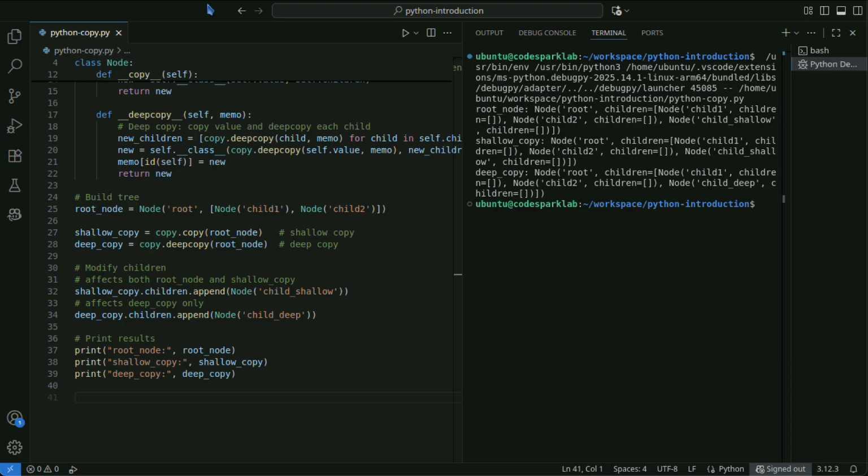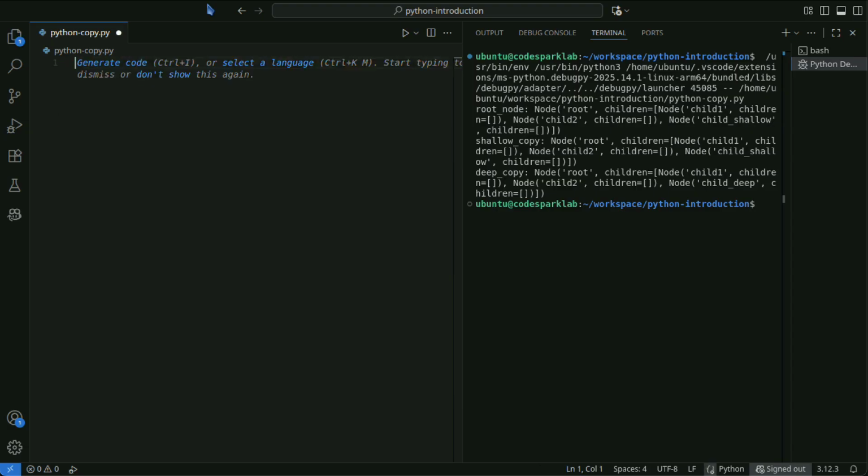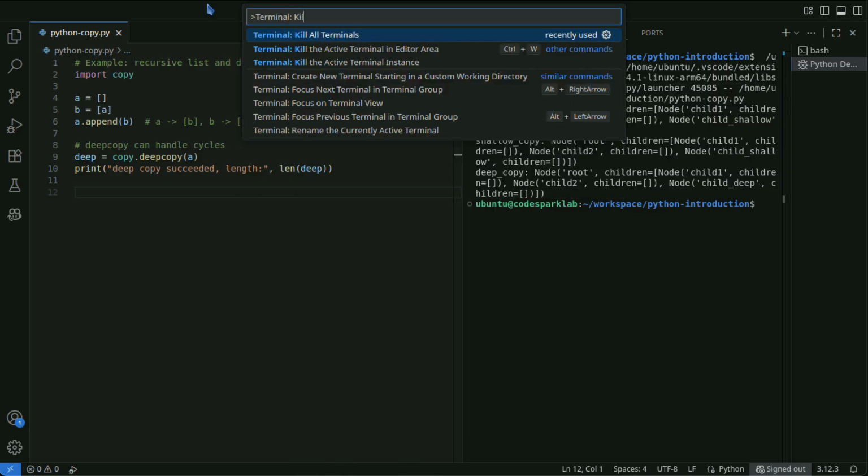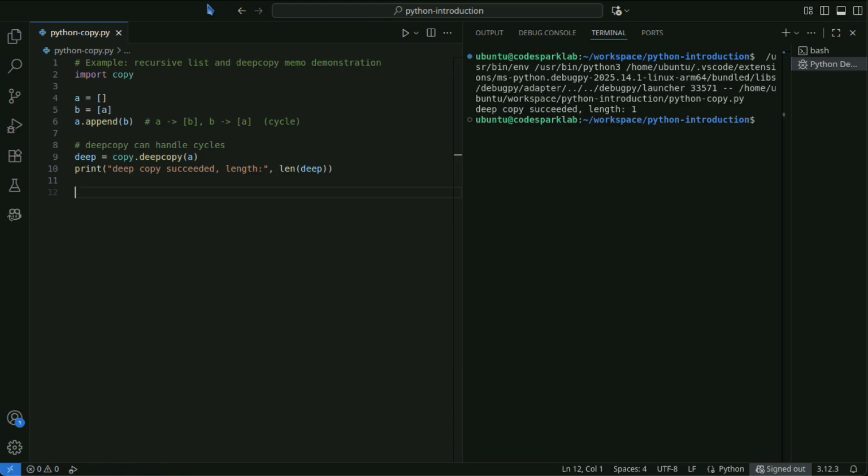When a complex object graph references itself, cyclic references, deepcopy uses a memo dictionary to track objects already copied and prevent infinite loops. Internally, deepcopy uses memo to refer to objects already duplicated, enabling safe copying even in the presence of cycles. You need a similar mechanism when performing recursion manually.